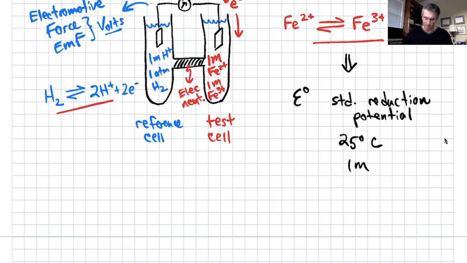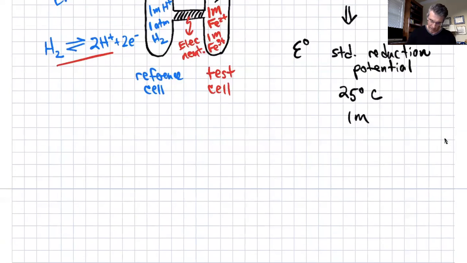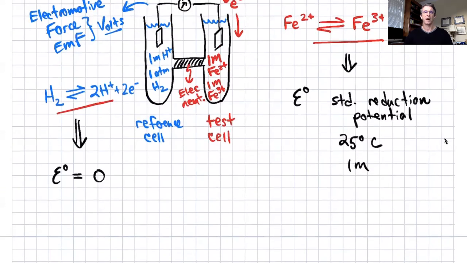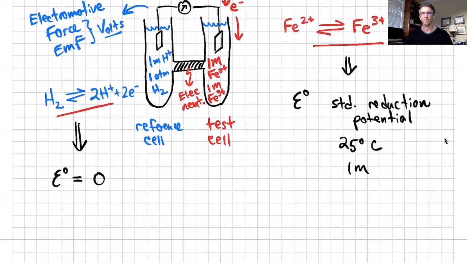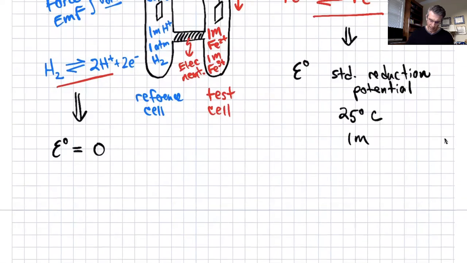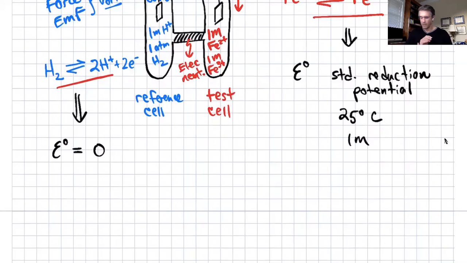And by convention, the hydrogen electrode, the reaction redox couple where you have a reference to something, and by convention, the standard reduction potential of the standard hydrogen electrode is set equal to 0. Everything is referenced to the standard hydrogen electrode, and like I said, by convention, it's set to 0. All right, so what that means is that for any other reaction, if the standard hydrogen electrode